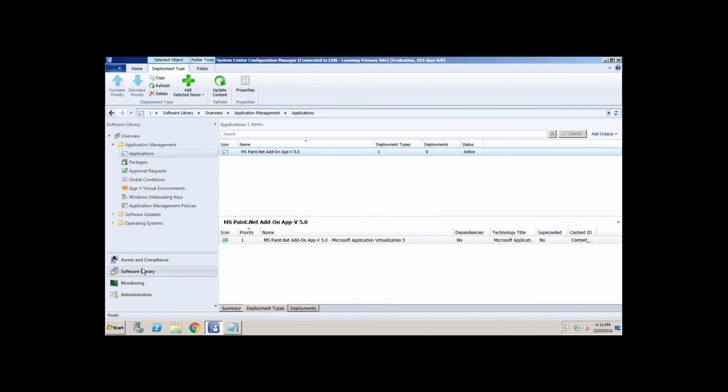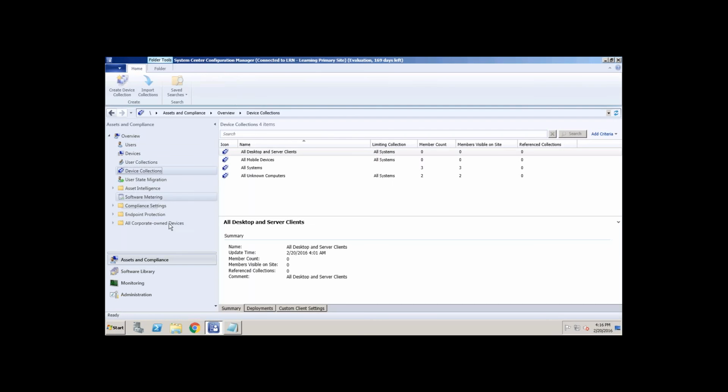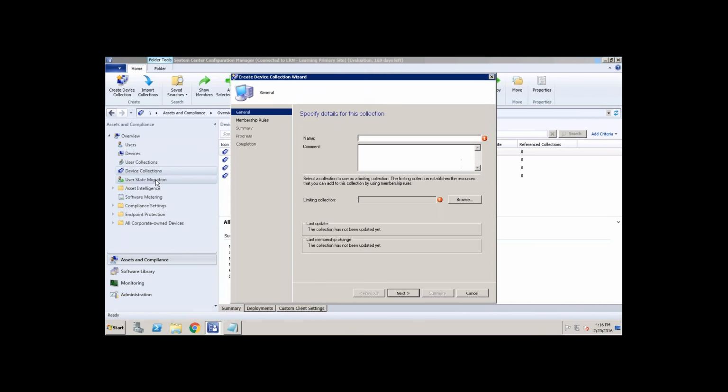What I do is go to Assets and Compliance under the device, create a device collection. This is for MS Paint AppV install.